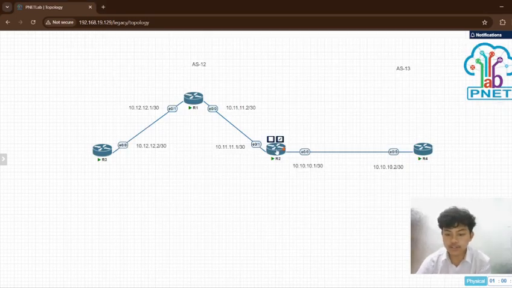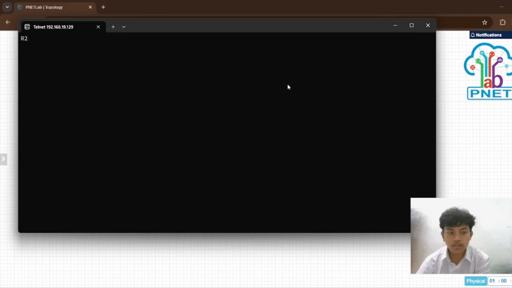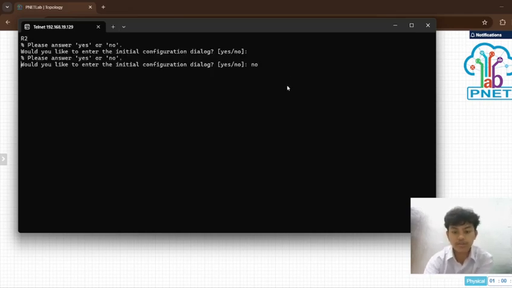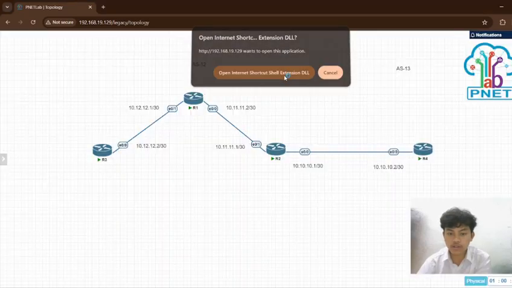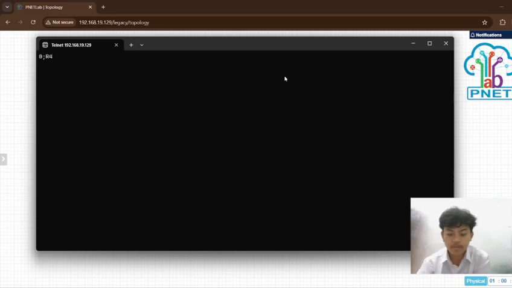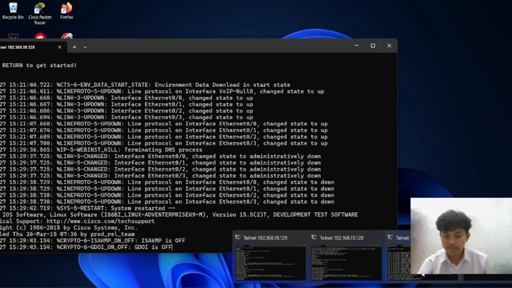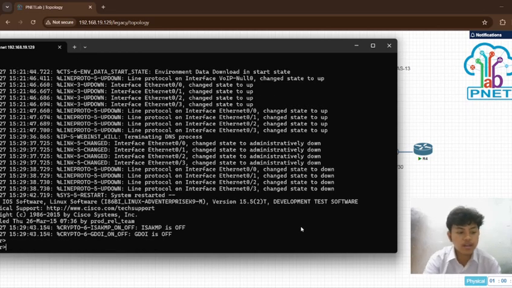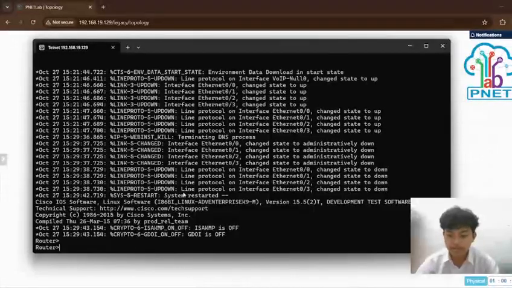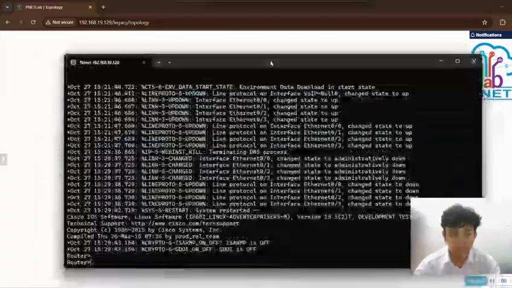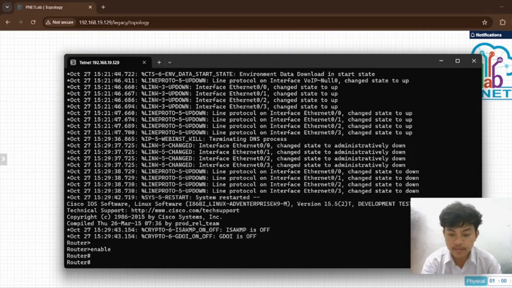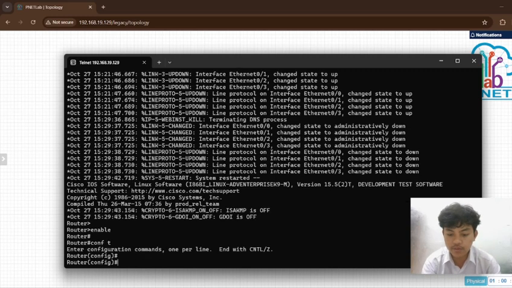Okay, we go to router 2. You can type enable, then config terminal, and hostname R2 client.